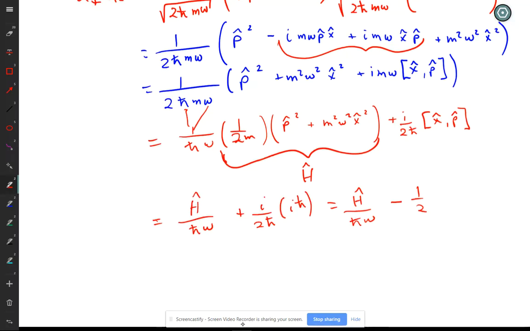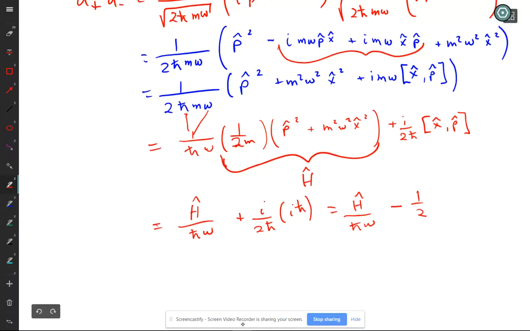So what I have here is A plus A minus is equal to the Hamiltonian over h bar omega minus 1/2, which gives us a value for the Hamiltonian. The Hamiltonian can be written in terms of these two operators, A plus and A minus, as